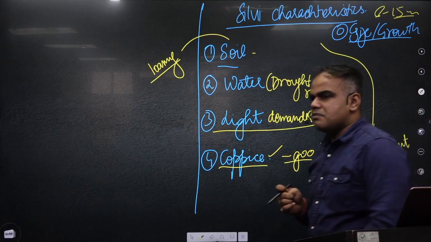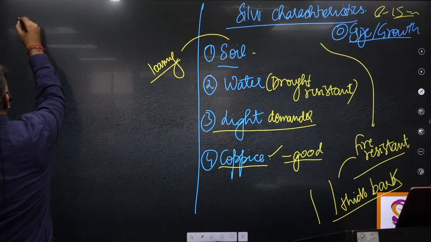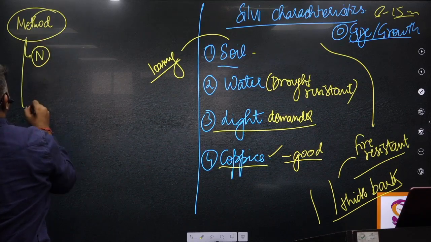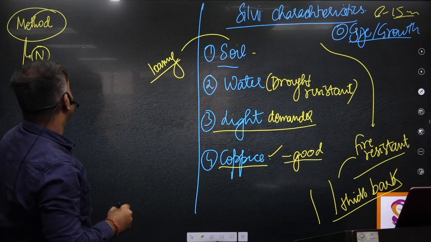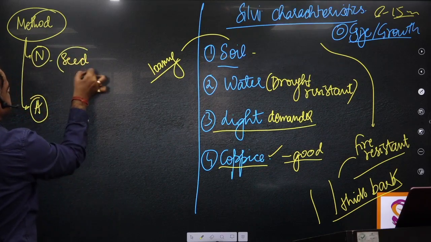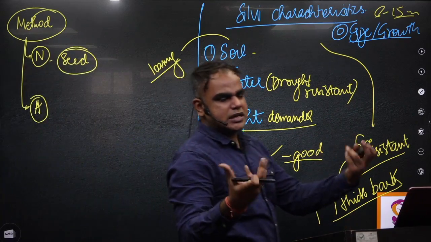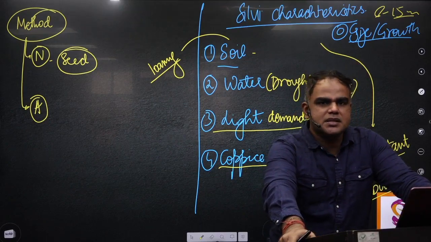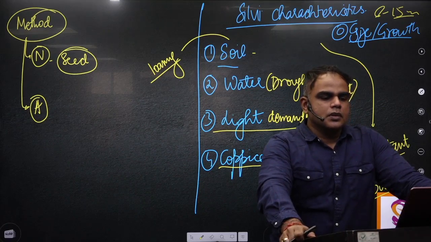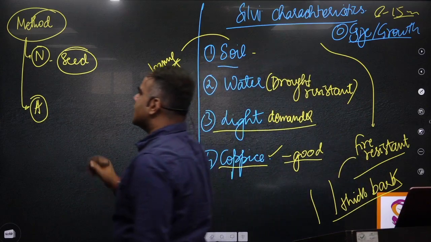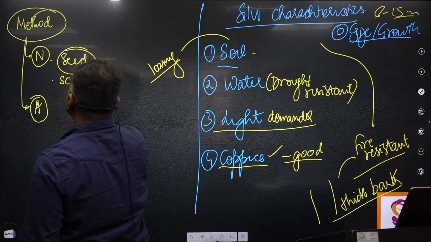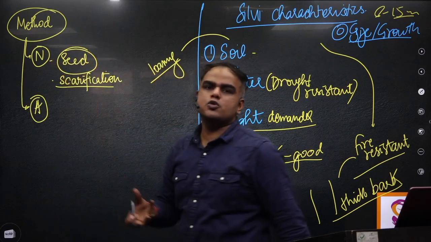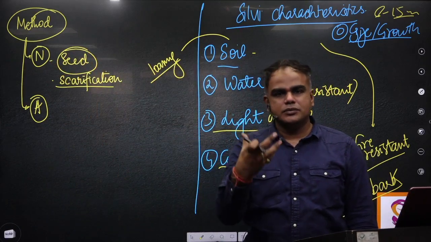Then in methods of regeneration, the last part that we have to write. The method of regeneration can be both natural or artificial. In natural, of course, it will happen through seeds. So seed dispersal can happen. Dispersal can happen by water, by wind, by animals. Additionally, there is a process that is known as scarification. The seeds which are present are dormant, they cannot directly be used. So there is a process of weathering which happens,